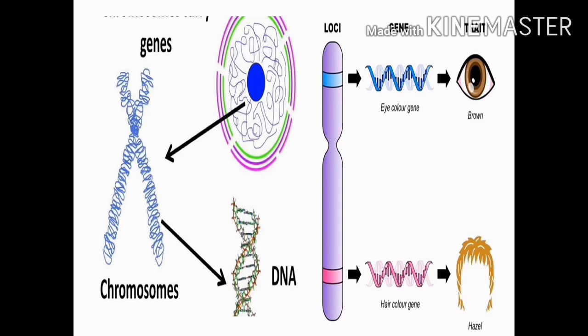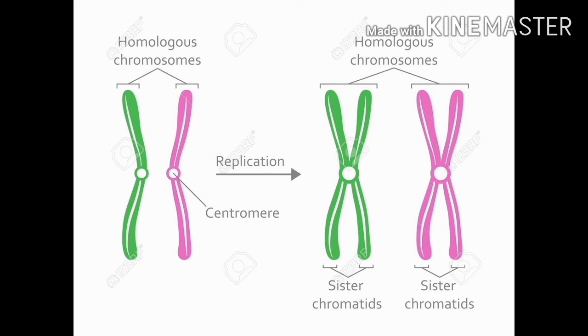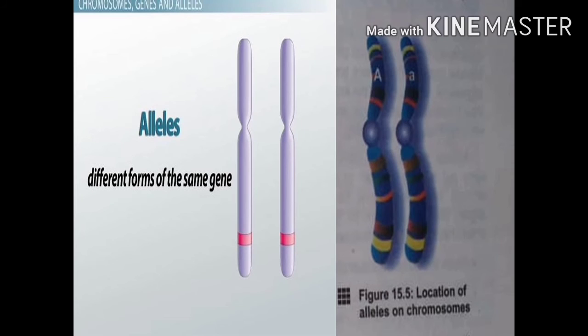Each gene determines a particular trait in an organism. Each individual carries at least one pair of genes for each trait. For convenience, pairs of genes are represented by a letter or symbol. So that was about the location of alleles on chromosomes. When these chromosomes are located on specific positions, then they will make